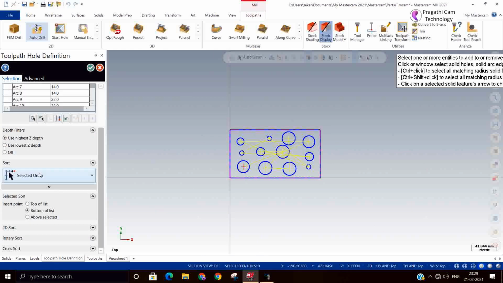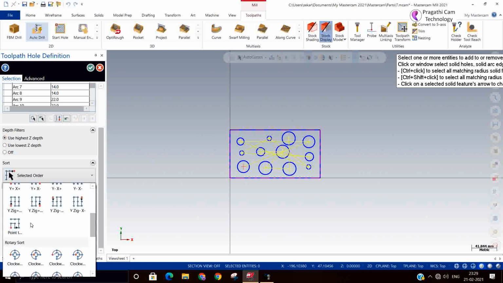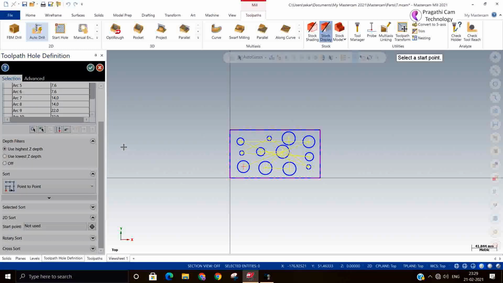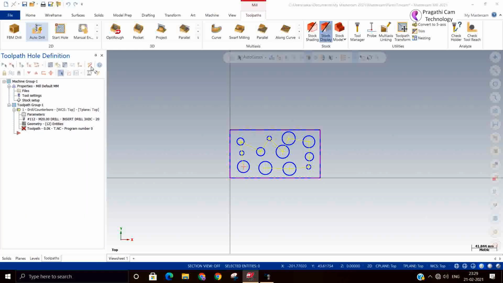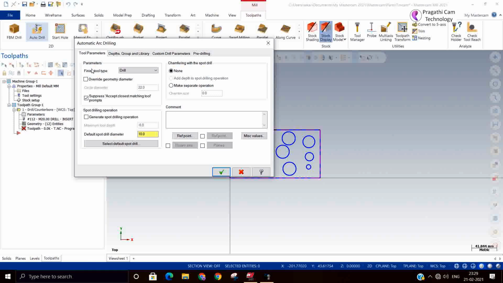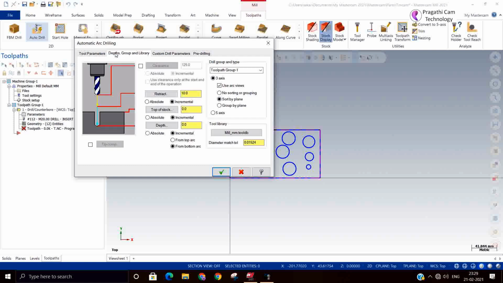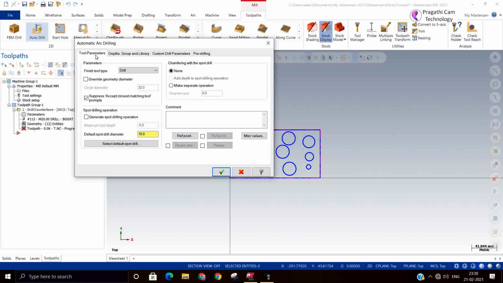I will change the pattern. Okay, start tool I will select. Okay. So now we'll see whether any plane option is available or not. That we will check now. It shows only 3 axis. Library is there. So the plane option, I think, is directly not available here.